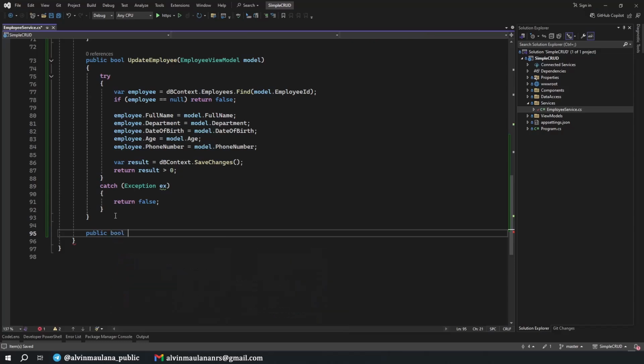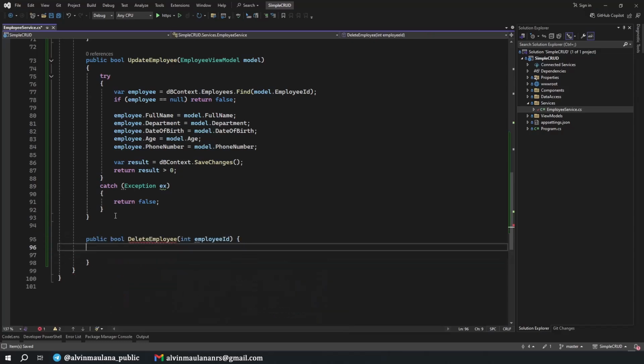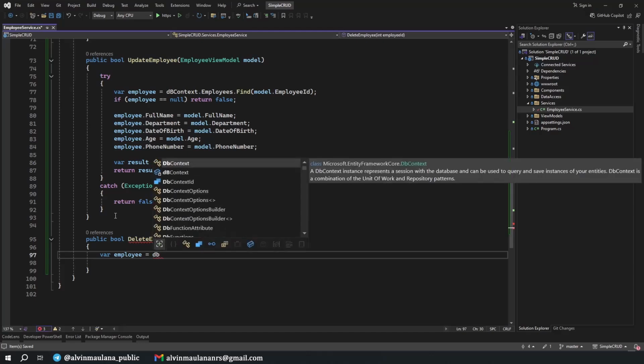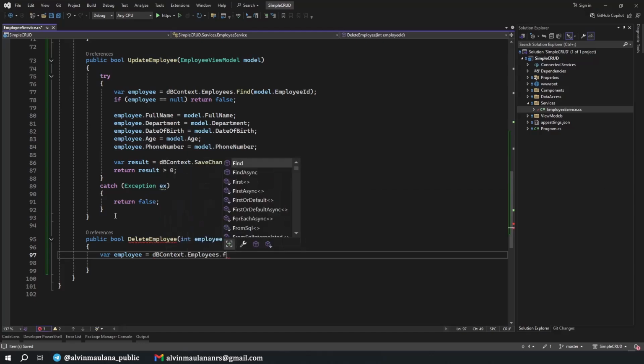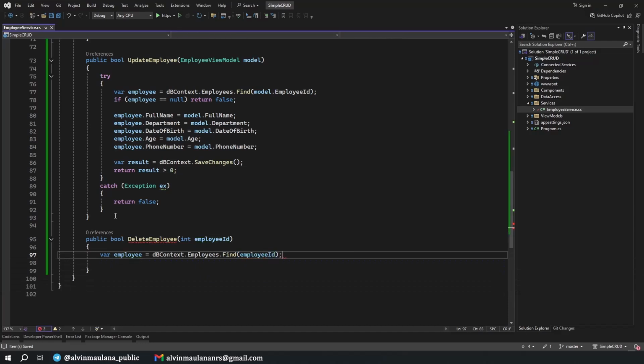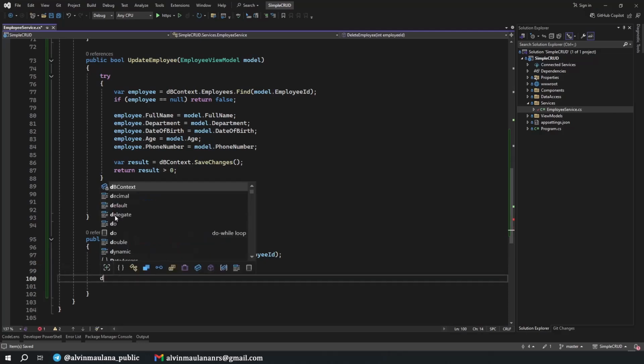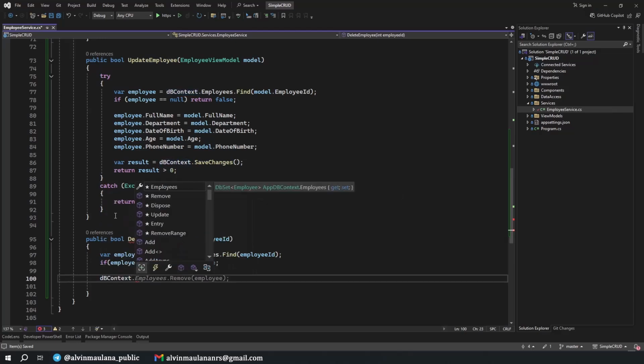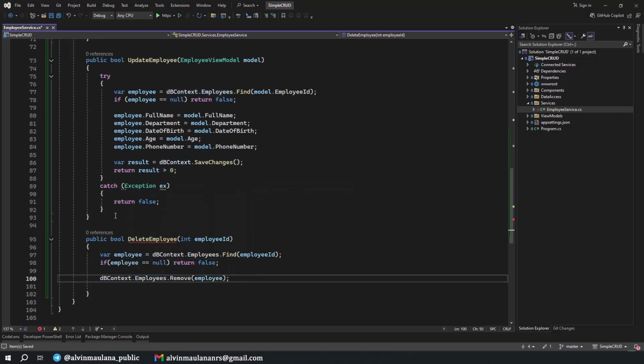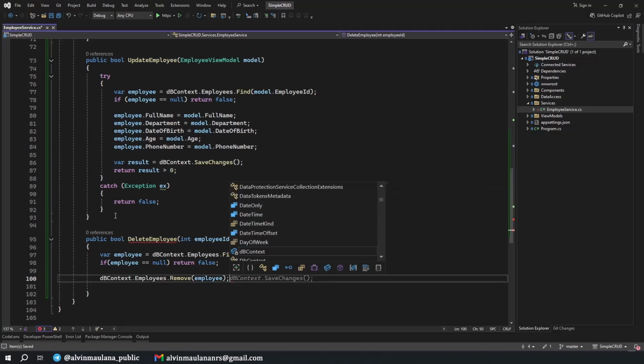Now we have a delete function. Public boolean delete employee. Again, we can search first for the employee: db context, employees, find employee ID. If the employee is null, we return false, and if not null, we go to db context, employees, and remove the employee.